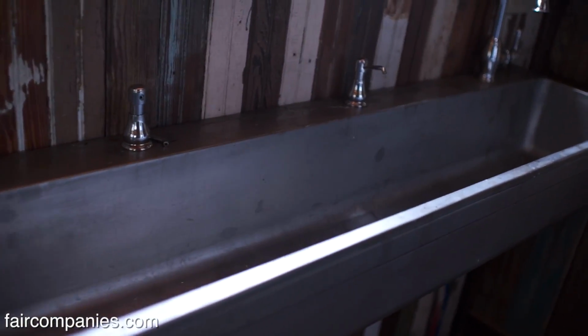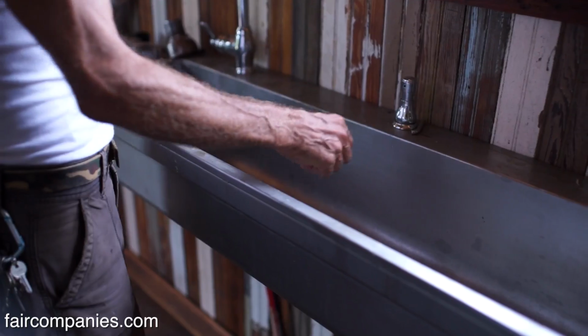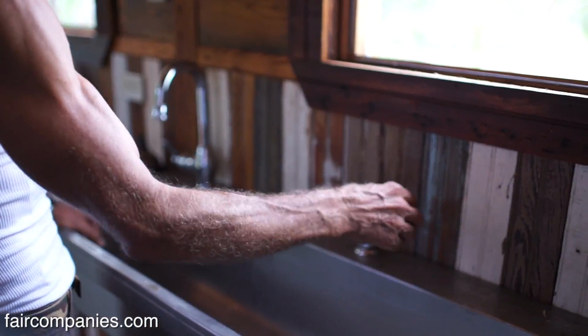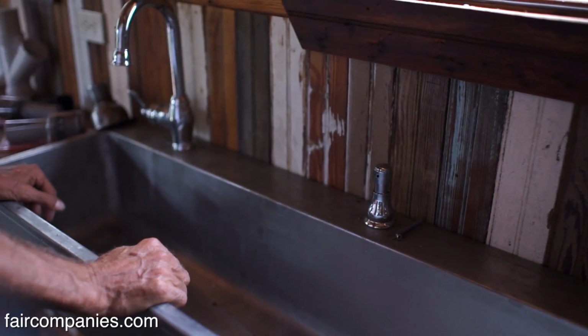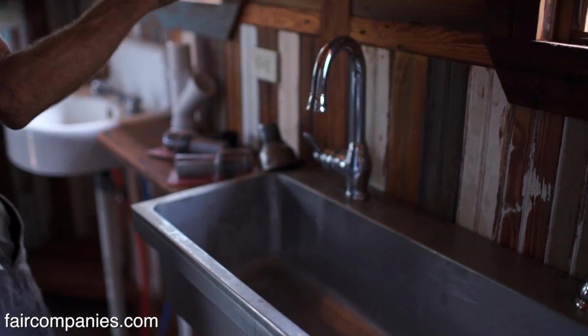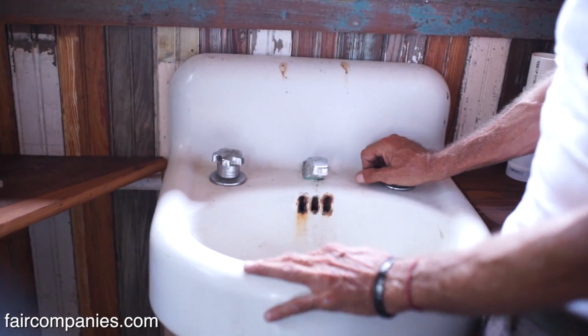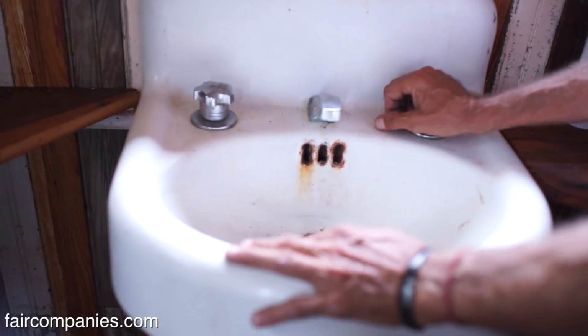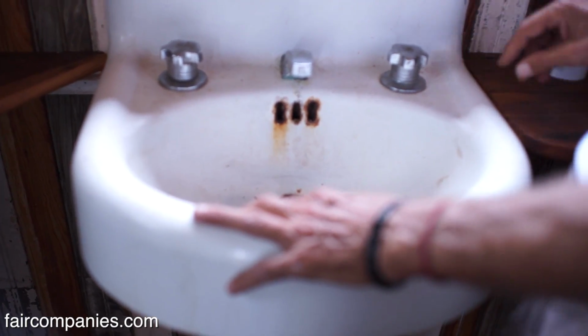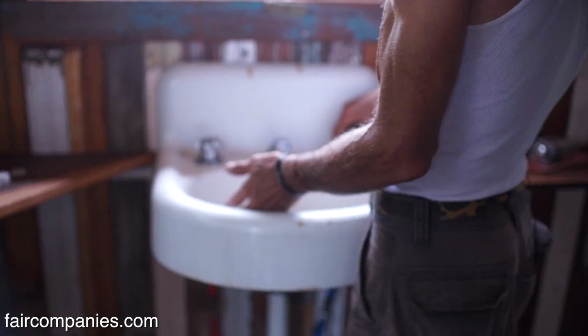It had 4 faucets on it. It was from a commercial bar sink. This obviously wasn't worth a whole lot. They're modern. Again, new stuff made out of plastic designed to break. Drives me insane. But sometimes you just can't find the things you need salvaged and be able to use them. Over here, for over 100 years, I might point out, we managed to do this without scalding our children and burning ourselves to death. But then along came the government and decided, oh no,